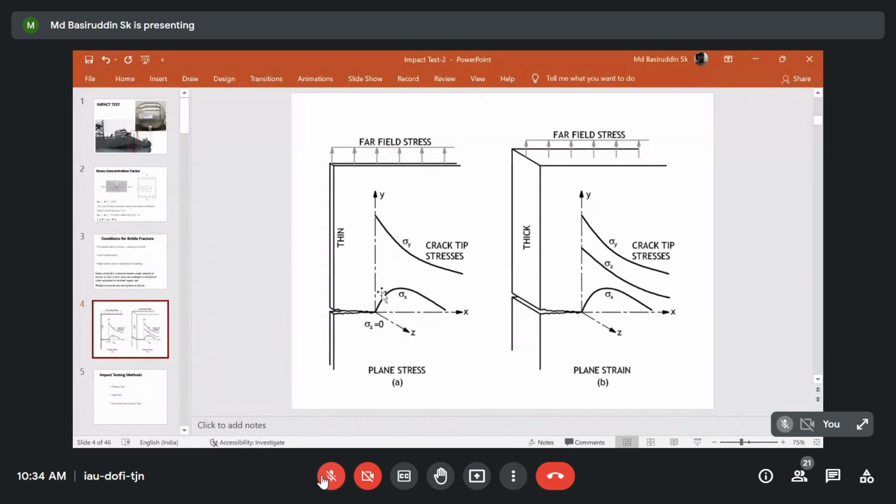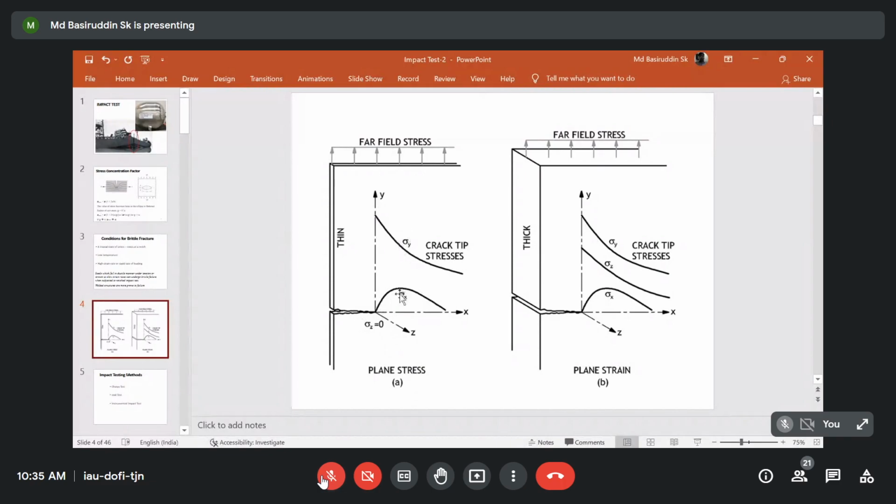But along the z direction, that is the thickness direction, there would be no such stress. So in this particular material, if the material fails, the failing of this material is governed by these two stresses,